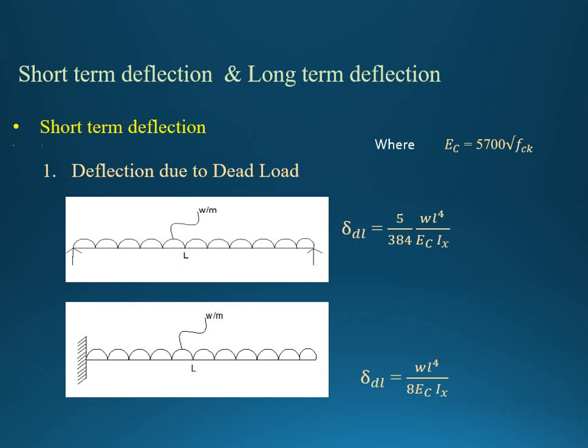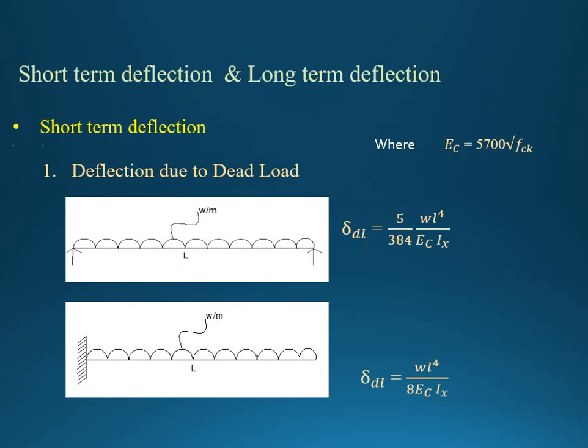Let us see the formula of deflection due to those types of load. So, the first point I have considered is deflection due to dead load. Under that, the first case is a simply supported beam carrying UDL. Its magnitude is W per meter and the length of the beam is L. As we know, if dead load is acting on the beam, obviously it is like a UDL. So throughout the beam this dead load will be there.